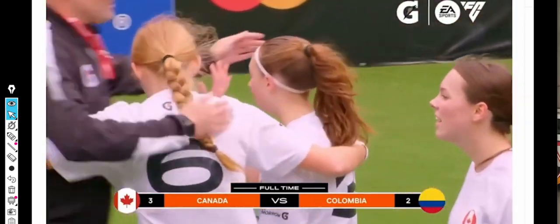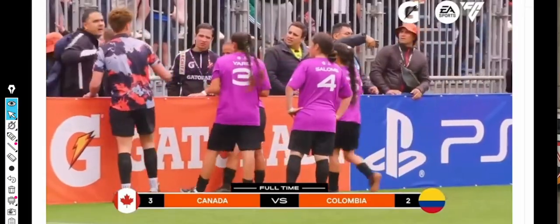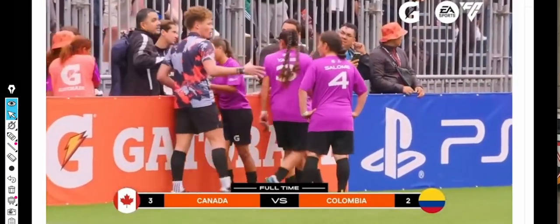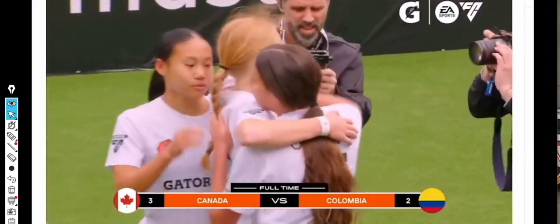Congratulations, Canada. You're going to the final at Wembley to see Borussia Dortmund and Real Madrid tonight at the UEFA Champions